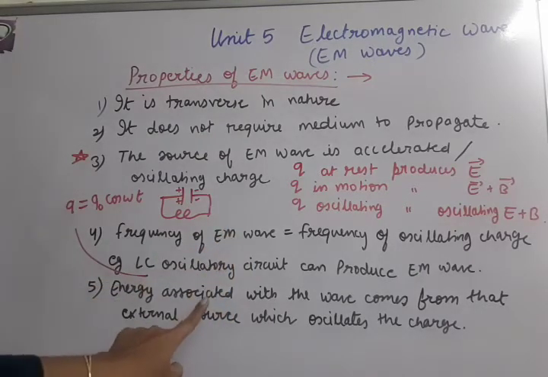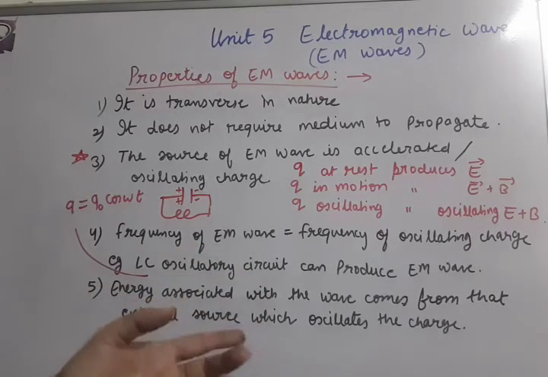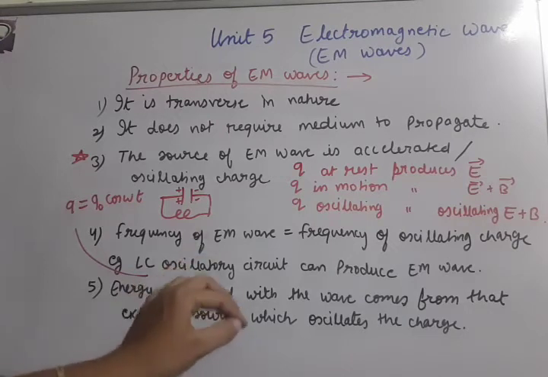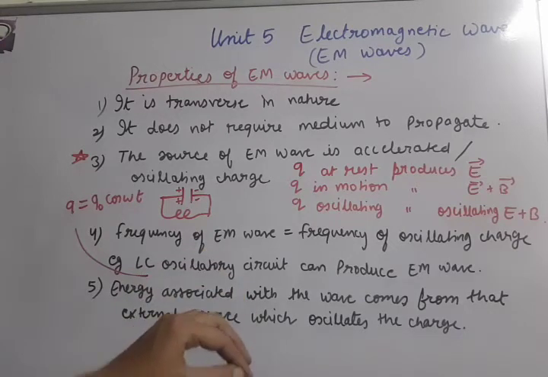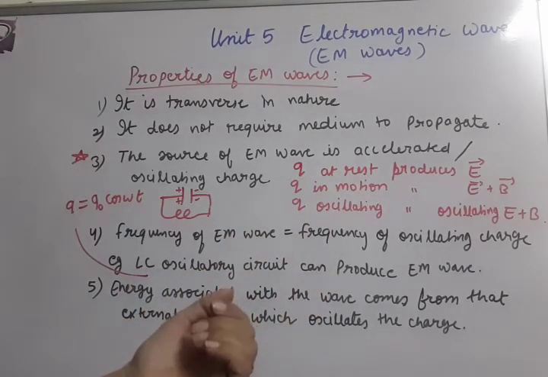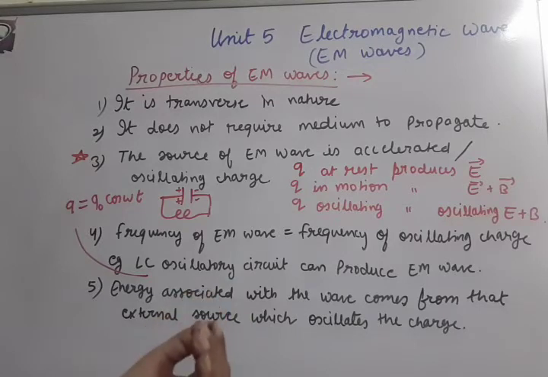Now one question comes that from where the EM waves get energy. Okay, this is asked in board exam. From where the EM waves get energy? So it is very simple. Energy is converted from one form to another. Okay, so we know that EM waves are generated from oscillating charge. So obviously oscillating charge has got energy from any source. And that oscillating charge is carrying that energy, and that only is transferred to EM waves. So it is this way.